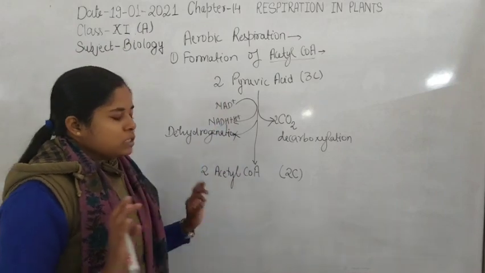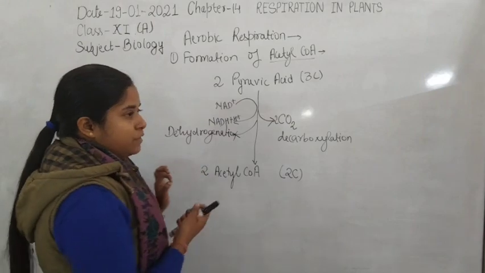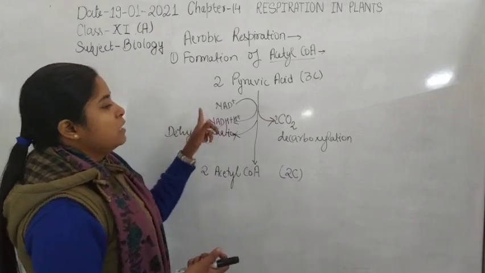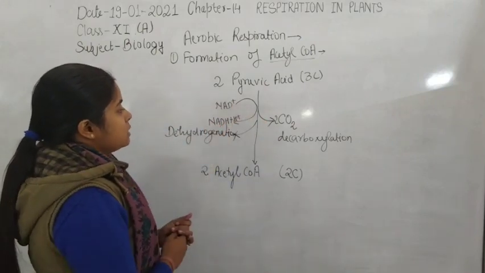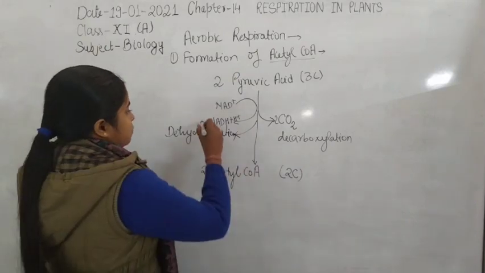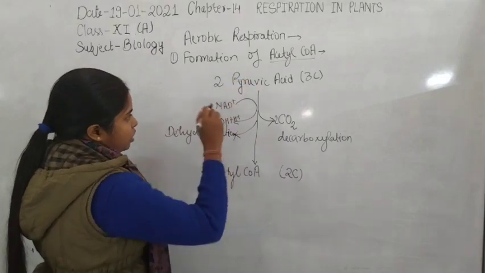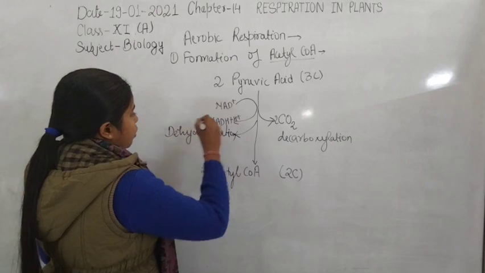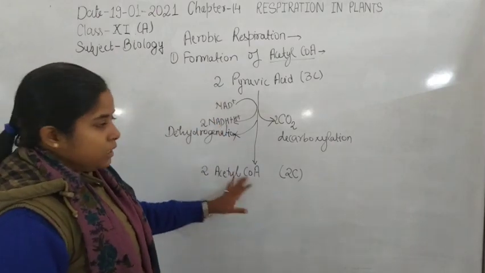The whole process takes place in the presence of another enzyme, pyruvate dehydrogenase enzyme. In the dehydrogenase reaction, finally NAD plus is converted into NADH plus. Here is again 2 molecule, because from one molecule 1 NADH plus forms, and here 2 molecules undergo the formation of acetyl coenzyme A. So again 2 molecule of NADH plus is released by the whole reaction by this process.